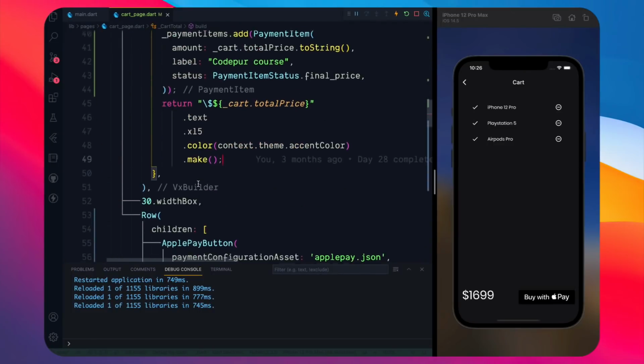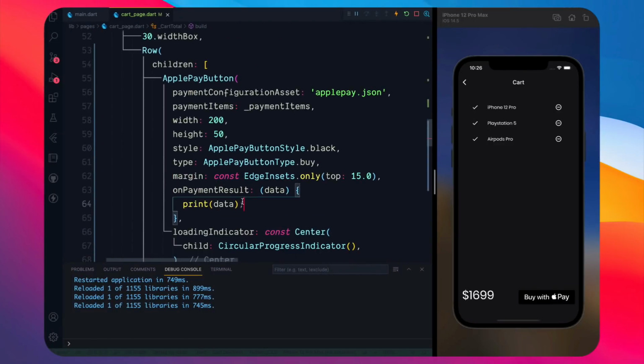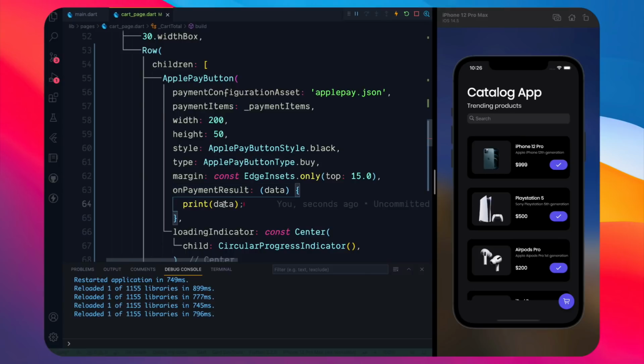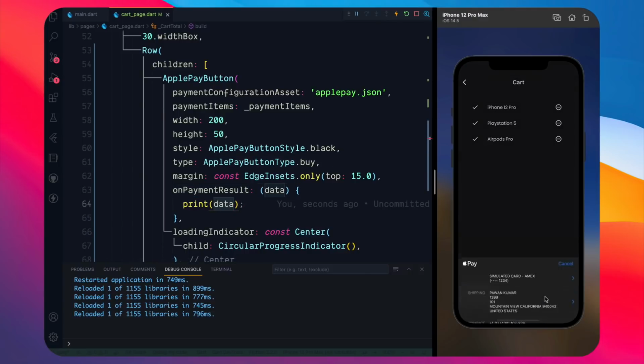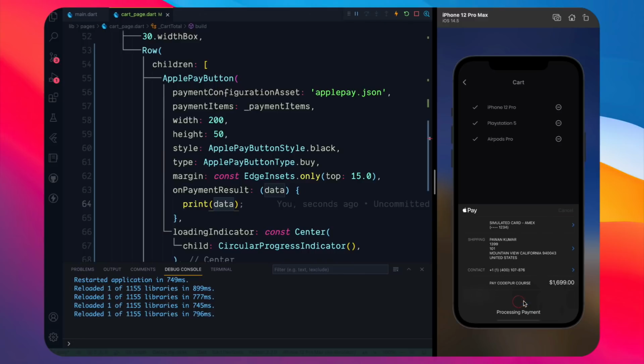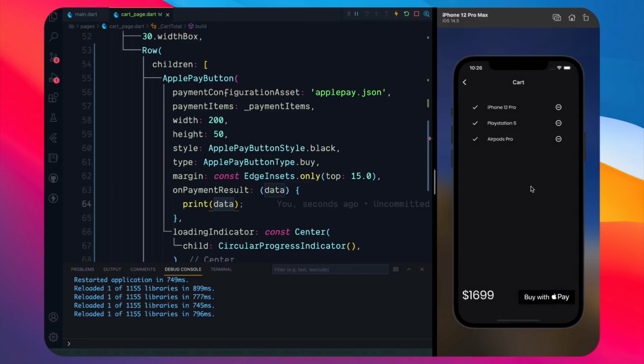And you can also receive a callback basically here, which sometimes does not show. So it's a kind of a bug that it does not work sometimes, but most of the time it works. So yeah, that's all you have to do basically to implement Buy with Apple Pay.